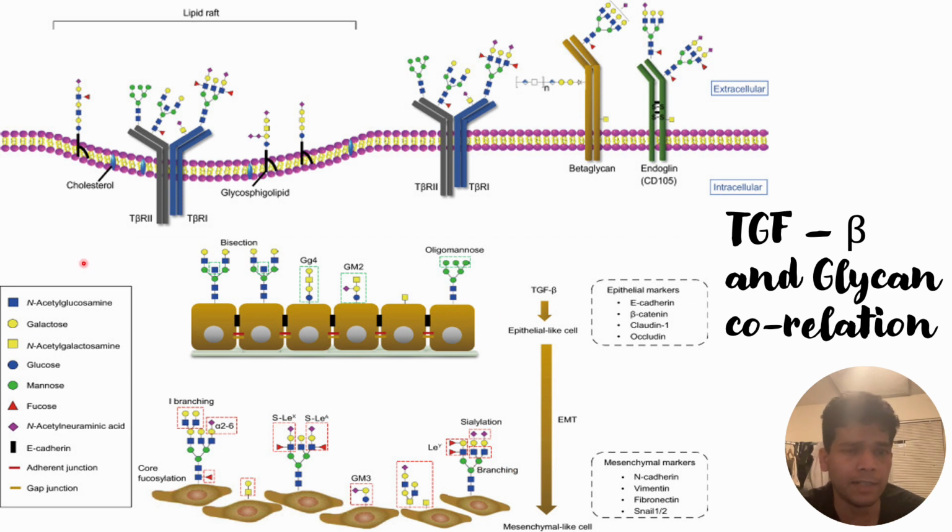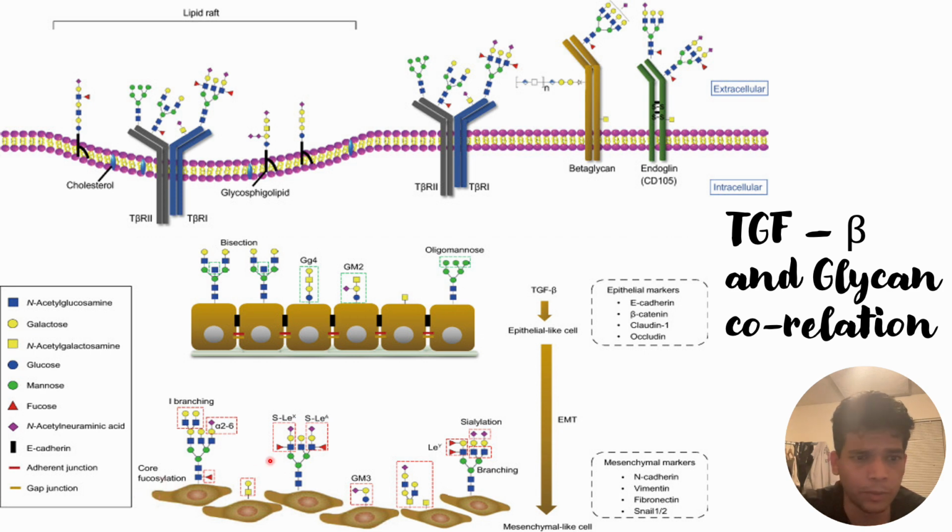When the cells show epithelial characteristics, these are the glycans that are usually found, as we can see here. Most of them are N-glycan structures, such as the complex structures and the high mannose, or oligomannose, carbohydrate structures. However, when these mesenchymal-like properties are induced by EMT, there is a change in the glycosylation that can be seen here.